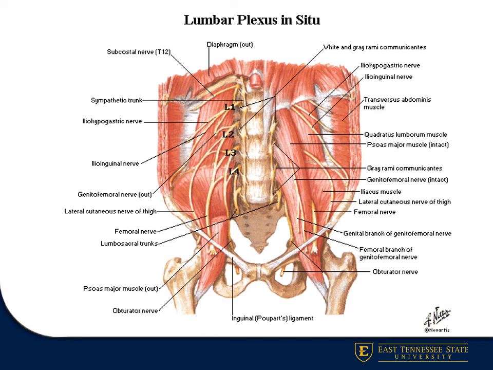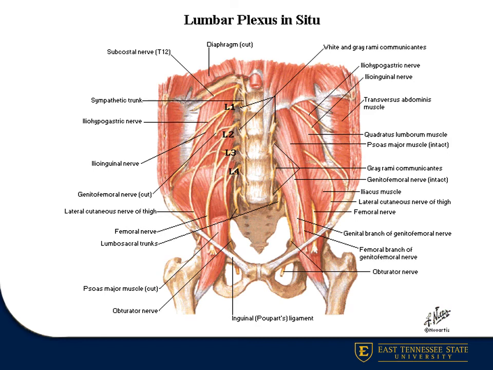Starting just below the 12th rib, there will be the subcostal nerve, and then the iliohypogastric nerve, and just inferior to that, the ilioinguinal nerve, and then just inferior to that will be the lateral femoral cutaneous nerve of the thigh. You'll also identify the genitofemoral nerve piercing the psoas muscle and coursing anteriorly to the psoas muscle